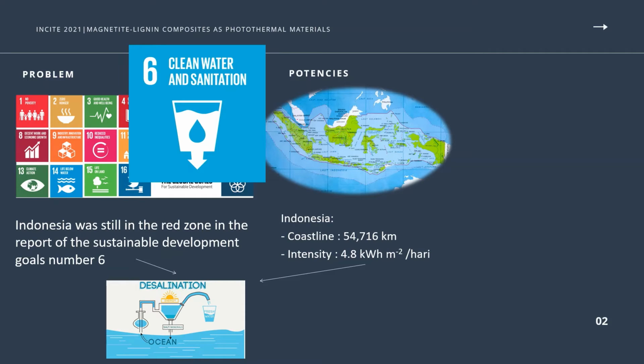Seawater desalination is considered to be the main solution to this water crisis problem in maritime countries like Indonesia due to the ability to produce abundant clean water for domestic and industrial usage. However, the consumption of electrical energy in this desalination process is very high, which results in water loss and emissions